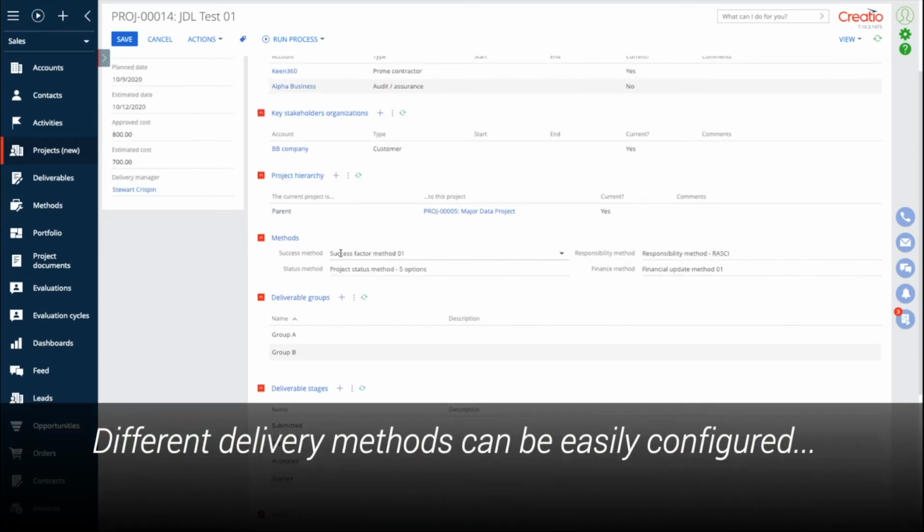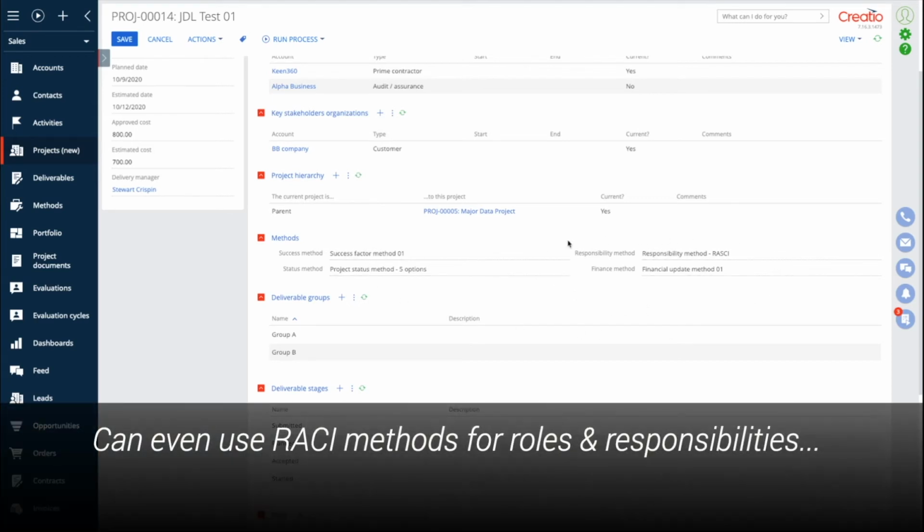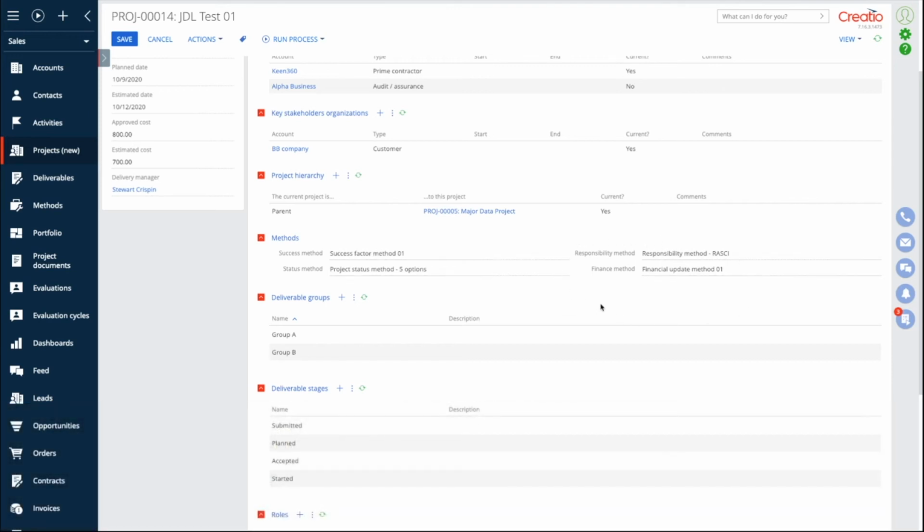We select the methods that determine what our success factors are, what our statusing method is, and how we define roles and responsibilities. I have not gone into it, but yes, our pre-configured application supports the definition and maintenance of so-called RACI matrices for assigning responsibilities for different roles in the delivery team.